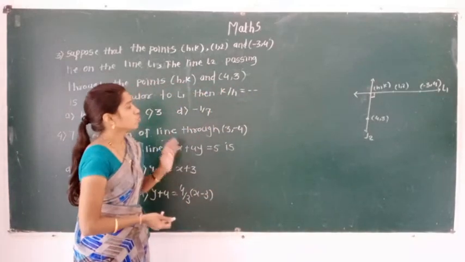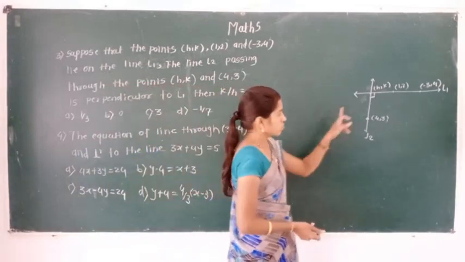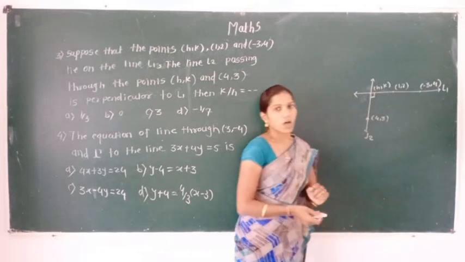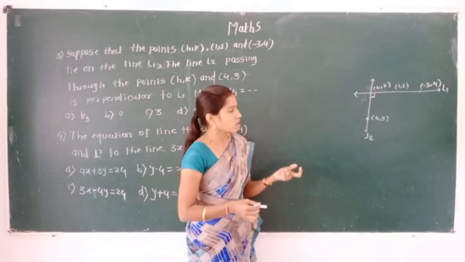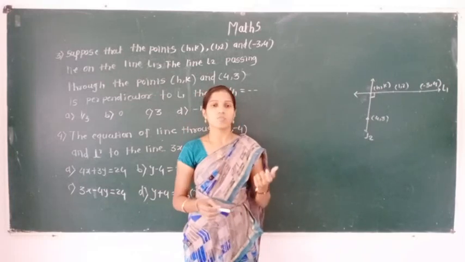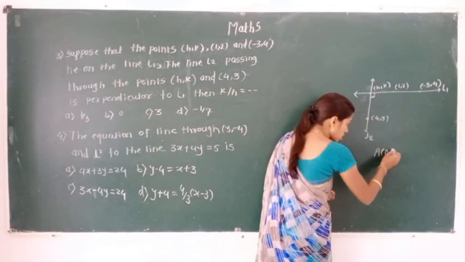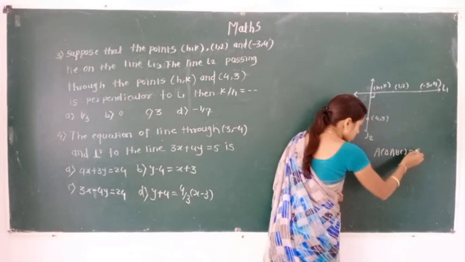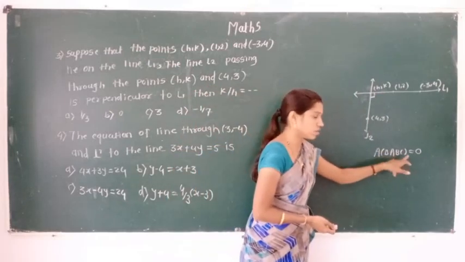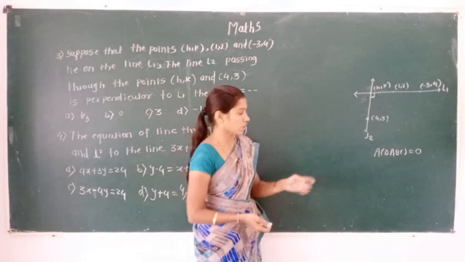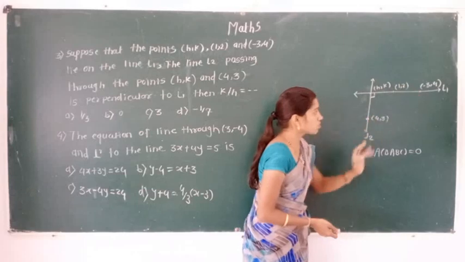Okay, so for finding the value of k by h, first of all we know that these 3 points are collinear, and we know that the area of a triangle, otherwise the area of points that are collinear, is 0. Area of triangle ABC is 0. The area of a triangle is 0 when the 3 points A, B, C are collinear. Same situation is here. These 3 points are collinear.